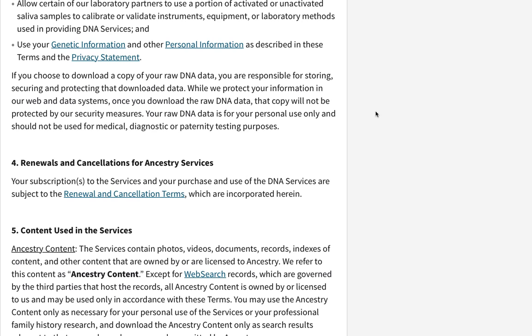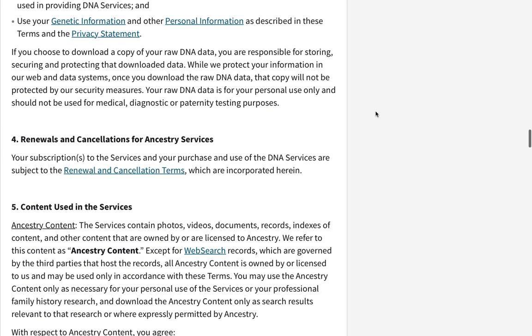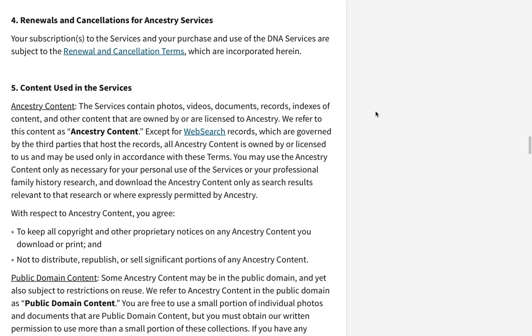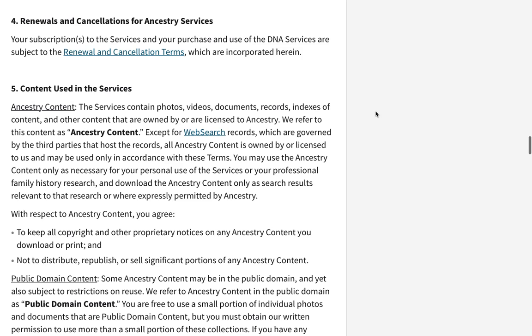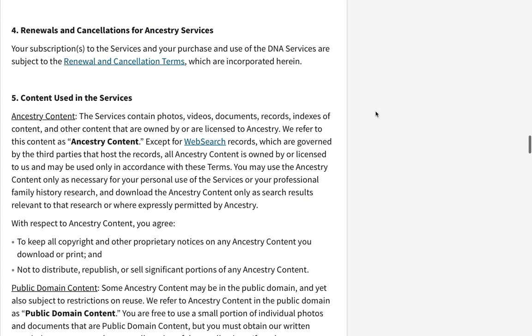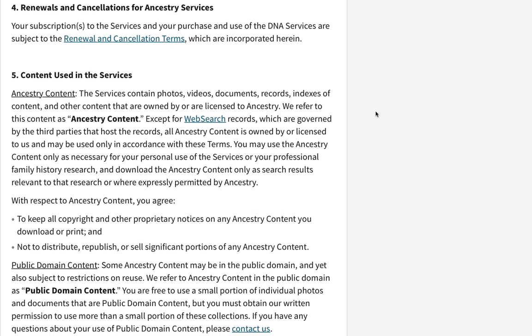So that would be against the use of Ancestry DNA data being uploaded to Prometheus. Section 4, renewals and cancellation for Ancestry services. Your subscriptions to the services and your purchase and use of the DNA services are subject to the renewal and cancellation terms, which are